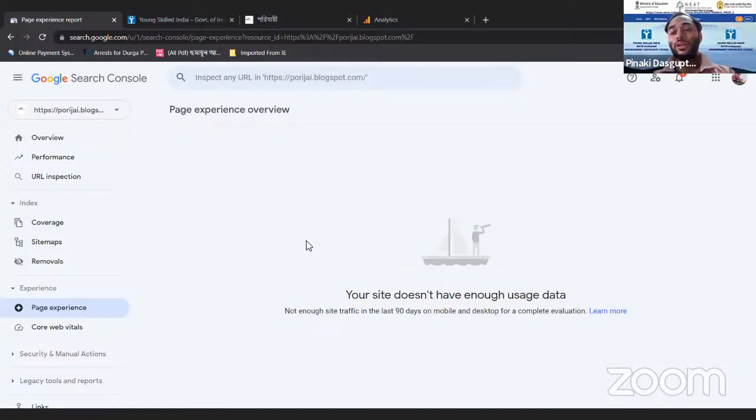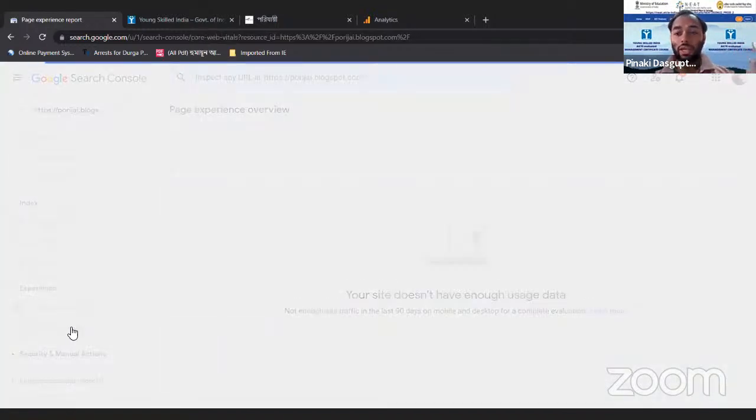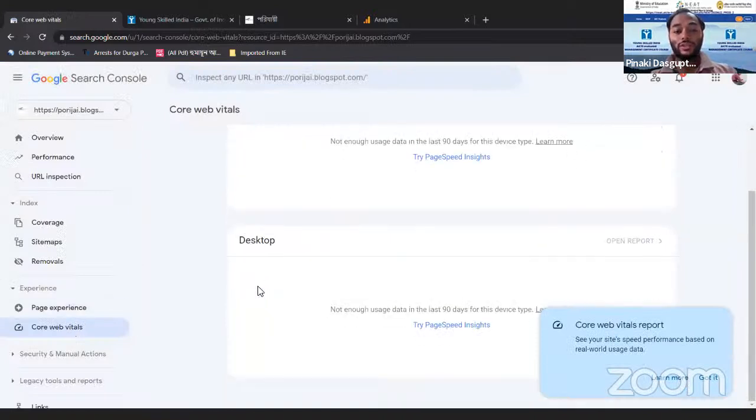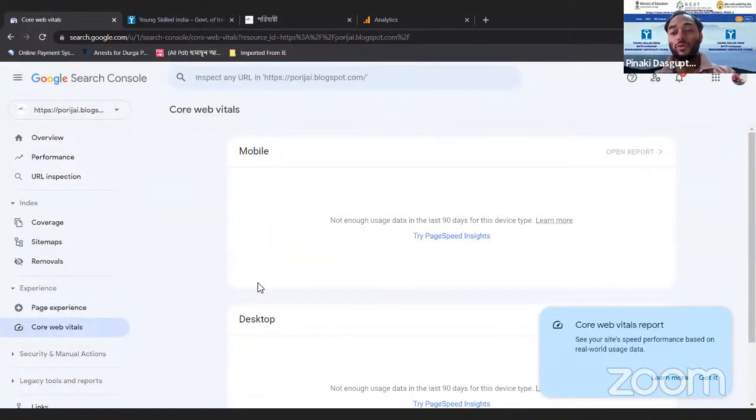Because Google will check all the parameters and give you the update that this page has this kind of issues. There is a 404 page. There is an image which is not visible properly. So all this data you can check from these sections only. Core Web Vitals, again the same thing. You can also check your Core Web Vitals from here only.